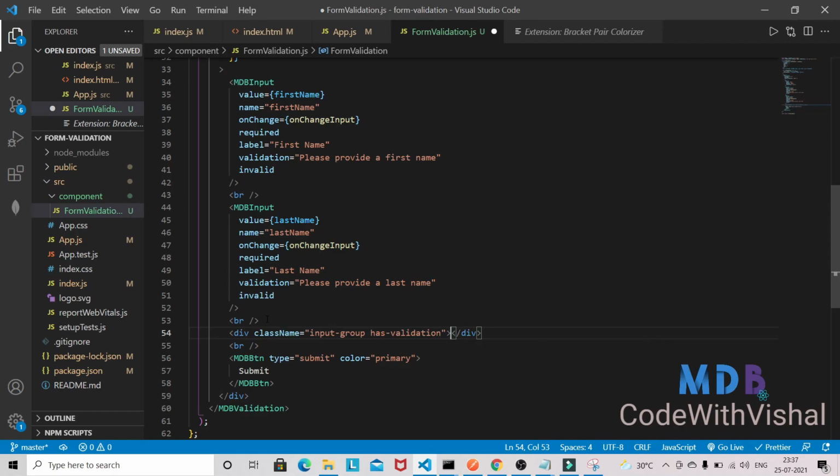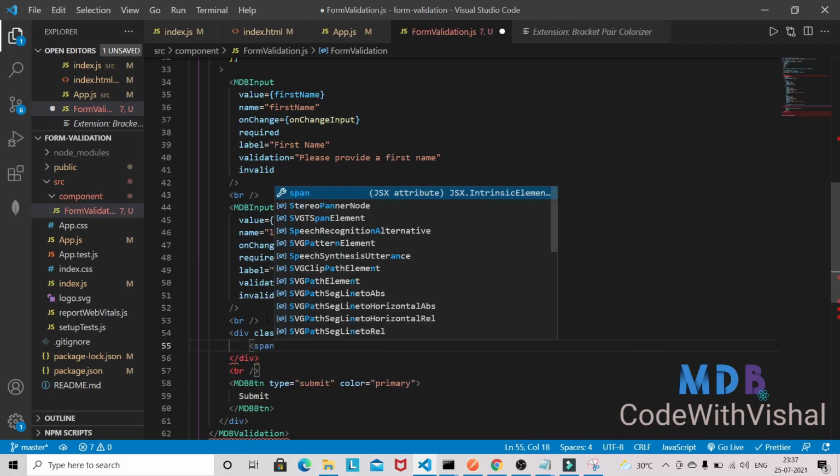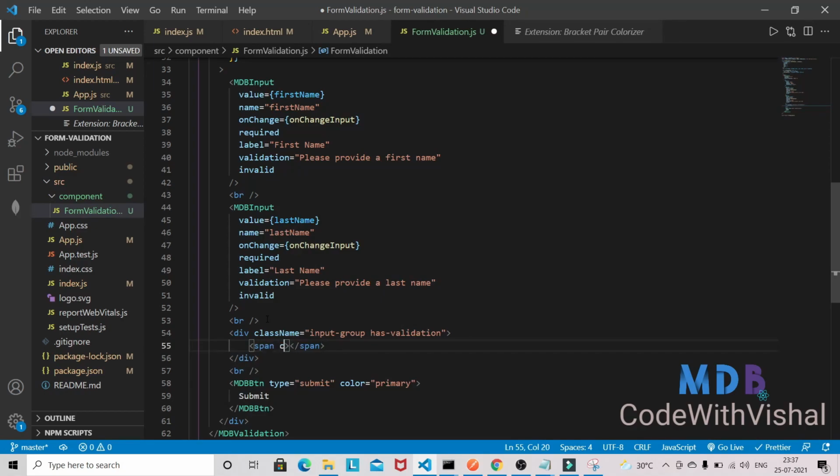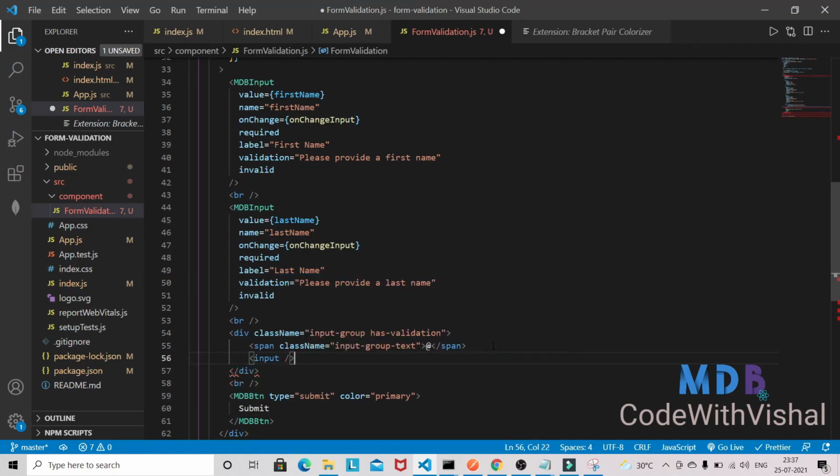So this is a little bit different, and we'll have one span, and inside that we'll have the class name input group text, and I'll just need this @, and after that we'll have an input field here, and here I'm not using the MDB input.